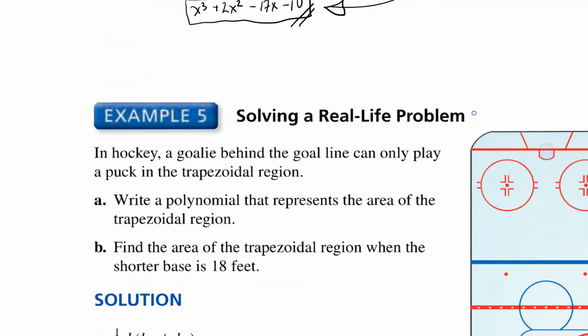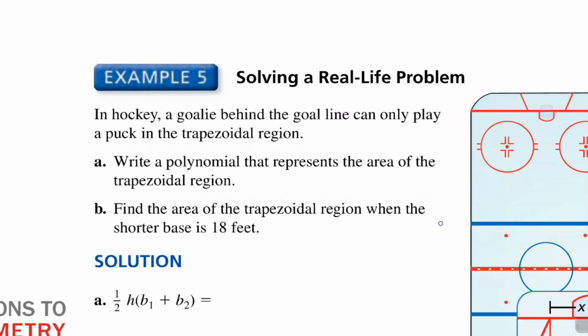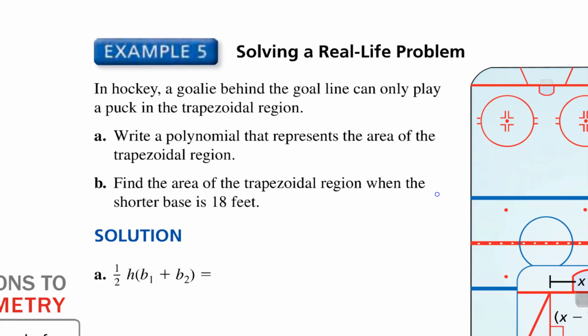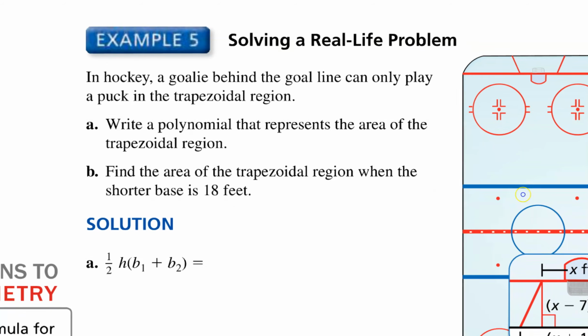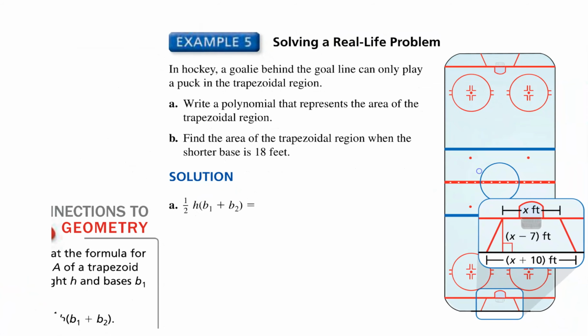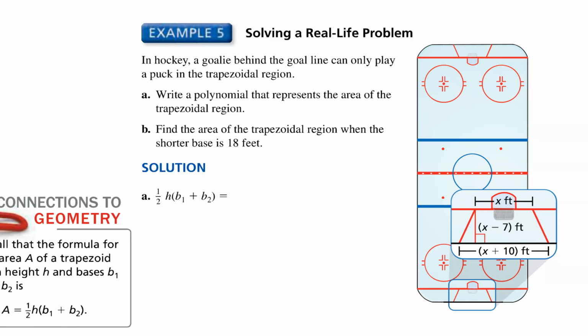All right, solving real life problems here. In hockey, a goalie behind the goal line can only play a puck in the trapezoidal region. Write a polynomial that represents the area of the trapezoidal region with the dimensions given. And then find the area of the trapezoidal region when the shorter base is 18 feet. So this first part, A,